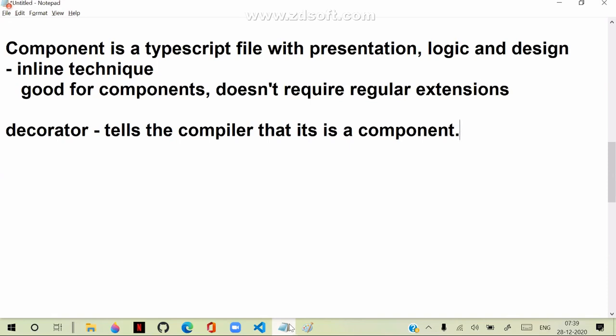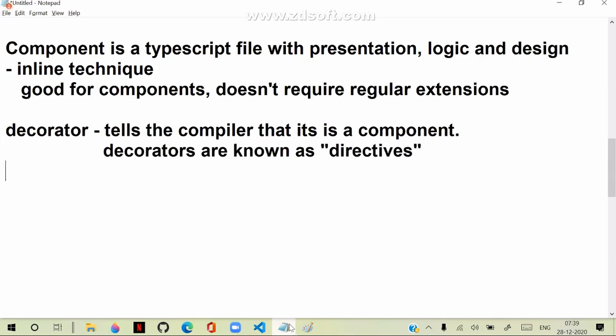Usually decorators are used to tell the compilers. Generally decorators are used to tell the compiler about your contents. These are technically known as directives. In several technologies, directives play the key role in making the compiler understand what it is going to deal with, and how to deal with it.